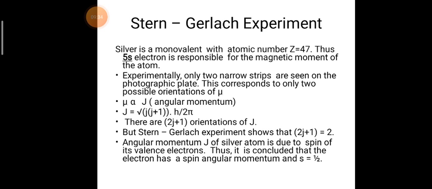Since for the s orbit L is 0, the only angular momentum responsible is spin angular momentum, and the value of spin angular momentum is taken as plus half or minus half, which rightly fits into the equation of atomic physics. So this is about the result obtained by the Stern-Gerlach experiment. We would continue the topic with the necessary theory in our next class, and we will proceed into the discussion part.